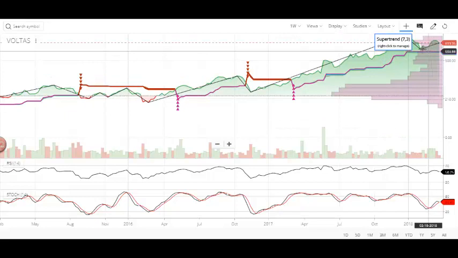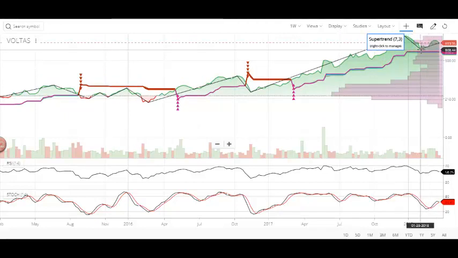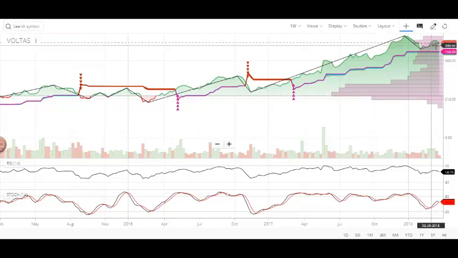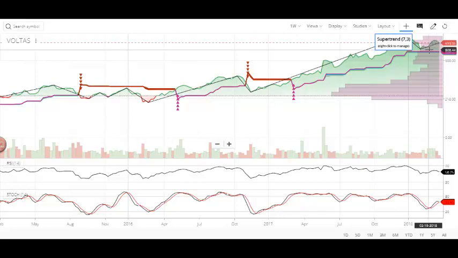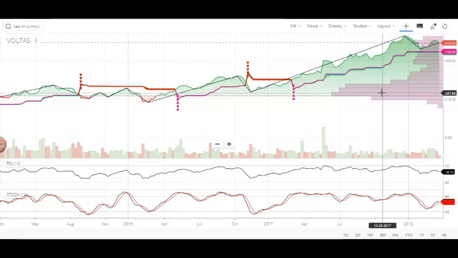So people who had missed the bus here at this point, at the 568 or 572 level, can enter this particular stock. As long as this trend moves in the upward direction, there is a huge guarantee that the stock price will move in the upward direction. So overall, if you see the overall trend of the chart of the Voltas stock at this